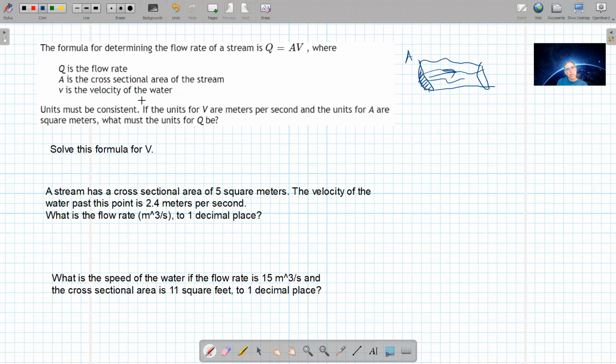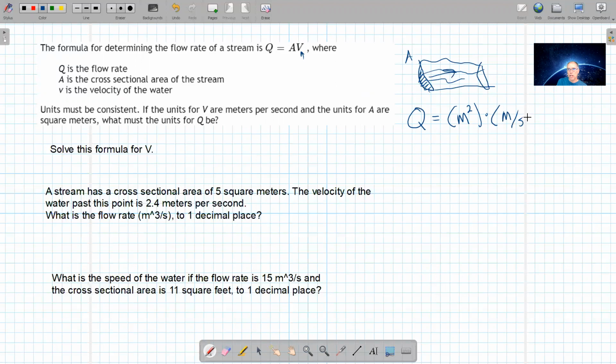All right, so units must be consistent. This is always true in formulas, and so we have to pay attention to that. So the velocity is meters per second, so that's the V here. So to calculate that Q flow rate, we've got our velocity in meters per second and our area in square meters. So we're taking some number in square meters, that's my A, and I'm multiplying it by some number that